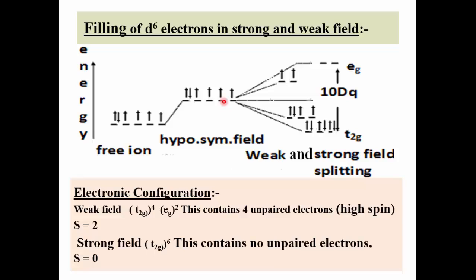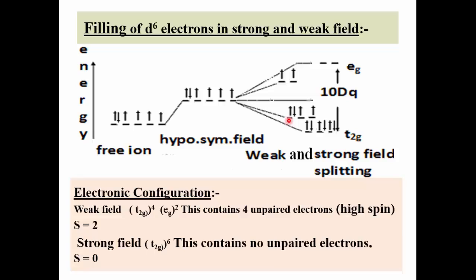Now there are two types of splitting: weak ligand field splitting as well as strong ligand field splitting. First we discuss how the electrons are filled in weak ligand field splitting. So see here, these are Eg orbitals, their energy is increased, while these are T2g orbitals, their energy is decreased. This is the difference between Eg and T2g, which is given by 10 Dq. The 10 Dq value for weak field splitting is smaller, and hence the filling of 6 electrons takes place in